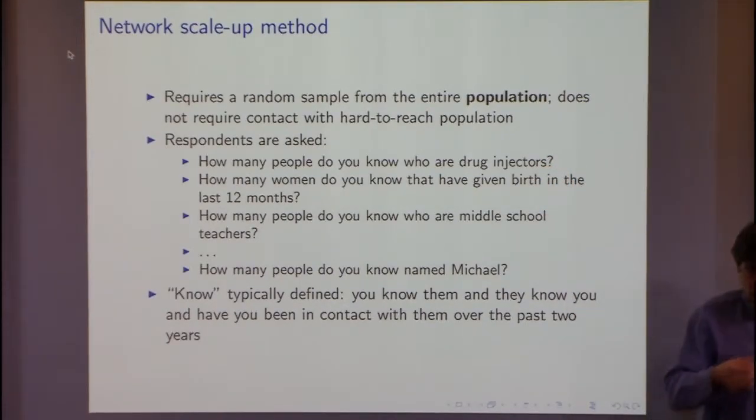And then one question in terms of the operationalization is also, how do we define what it means to know someone else? So here, the way it's typically defined is you know them and they know you, and you've been in contact with them in the last 2 years. So it's a particularly weak notion of a tie. I guess everyone here is familiar with the idea of weaker and stronger ties. So this struck us as kind of an interesting thing because it's something that every previous study has used basically this definition. And it's an extremely weak definition of a tie. So we thought maybe that's actually not the optimal definition of tie strength. Maybe we could get better estimates if we tune this parameter some.